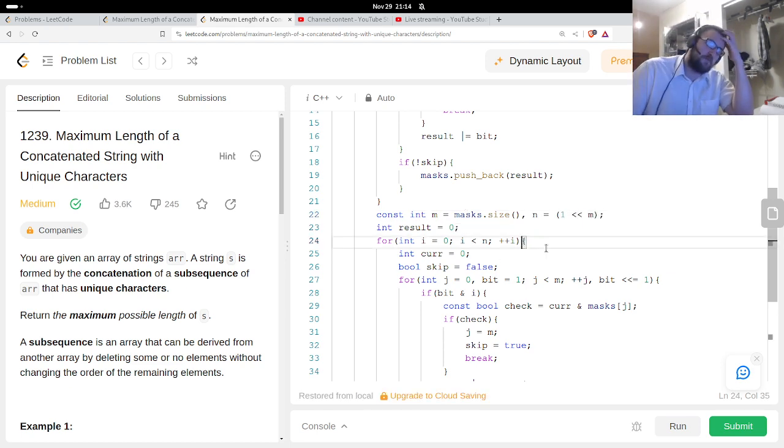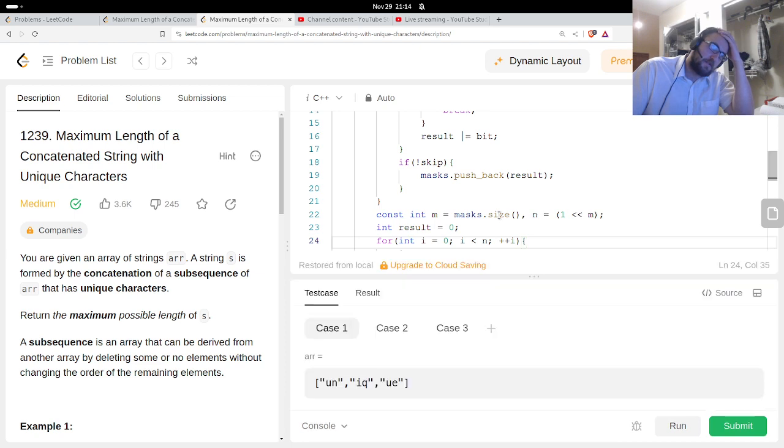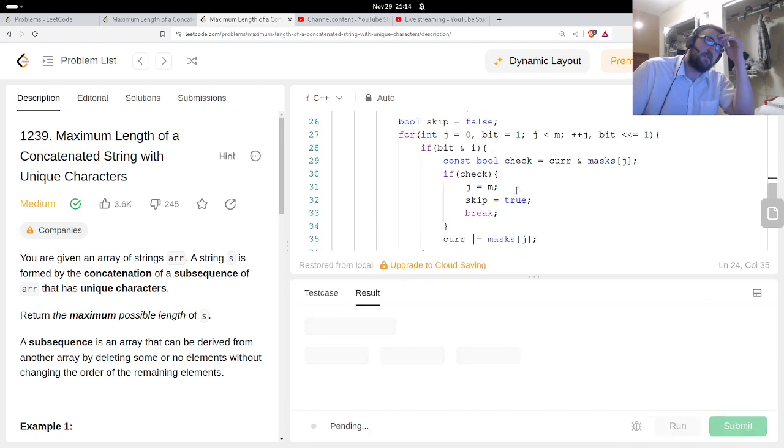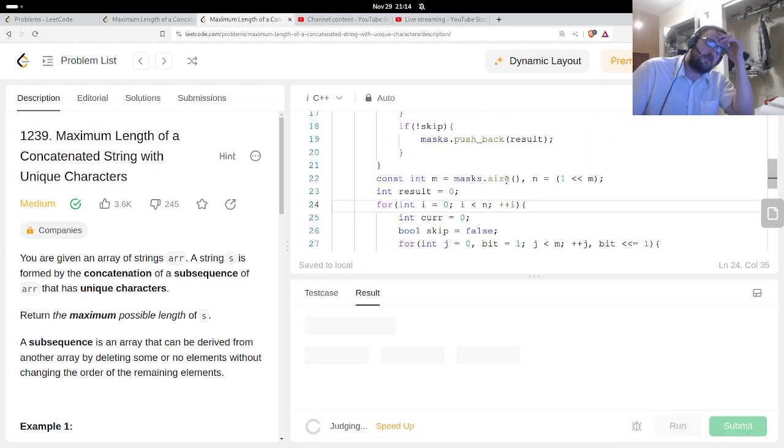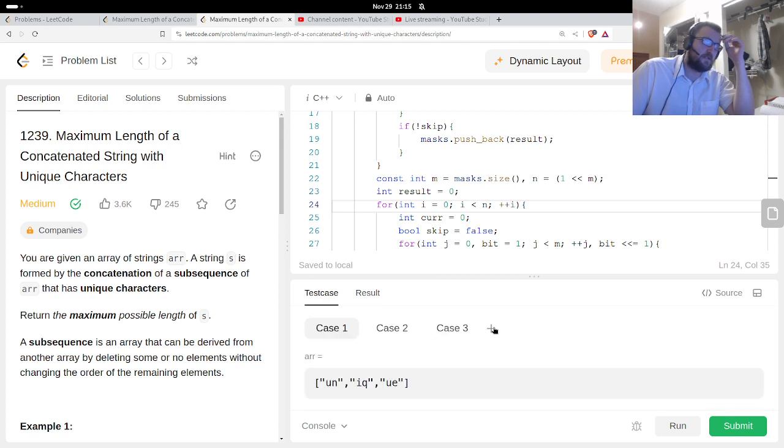If I just outright remove those, it should make things a little bit faster. There we go. Oh no.